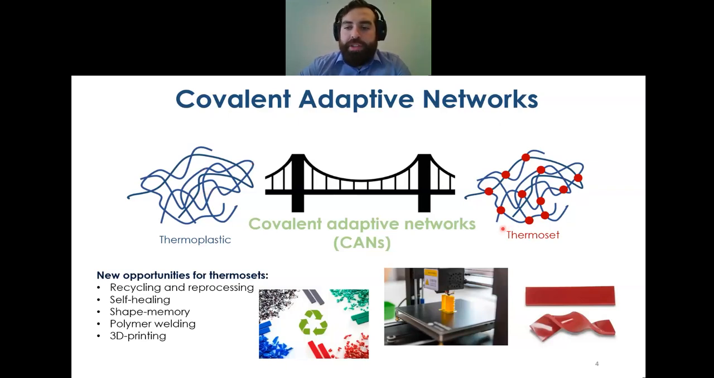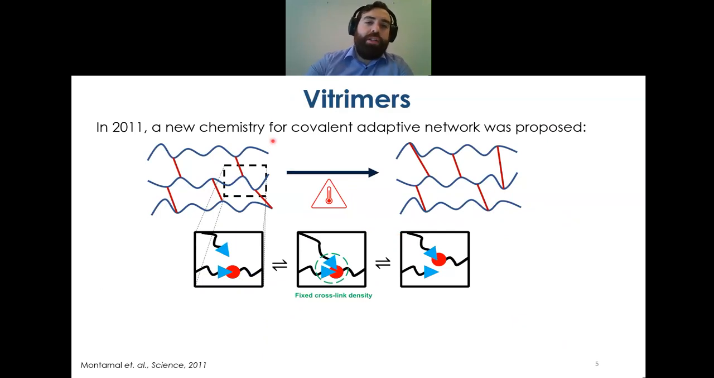And this kind of network, a thermoset with dynamic cross-linkers inside, is called a covalent adaptive network. By introducing this, we can now think about recycling, reprocessing thermosets, self-healing materials, shape memory, and even, why not, 3D printing thermoset materials, which is, as of now, really unheard of. There is a lot of chemistry that has been proposed to achieve these covalent adaptive networks, with their pros and their cons. But a really promising one, which was proposed in 2011, uses a